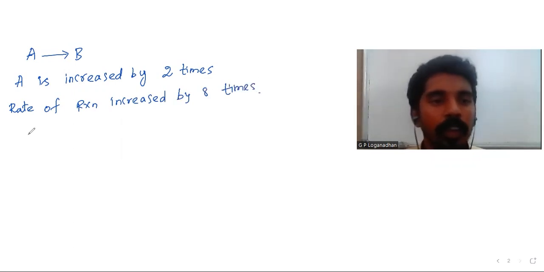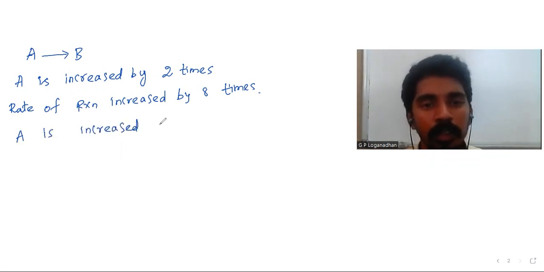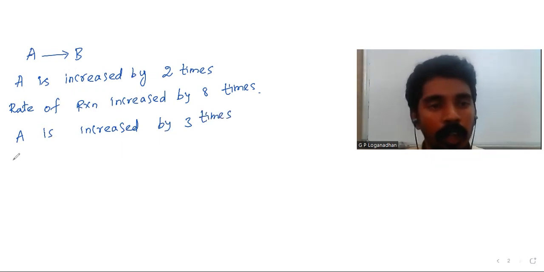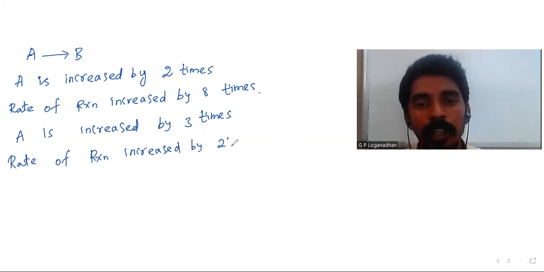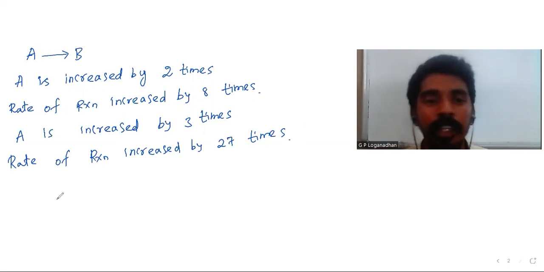The same way, if the concentration of A is increased by 3 times, the rate of reaction increases by 27 times. Then in this case you will be writing the rate law: R is proportional to concentration of A